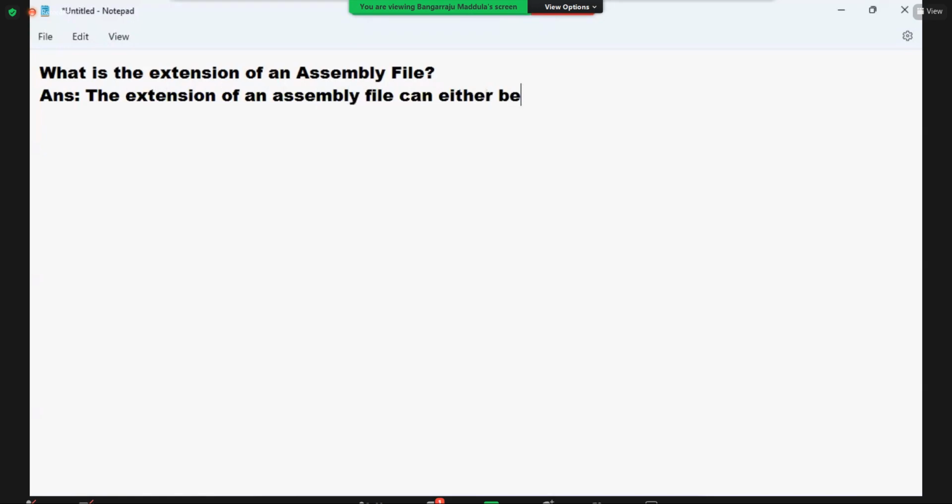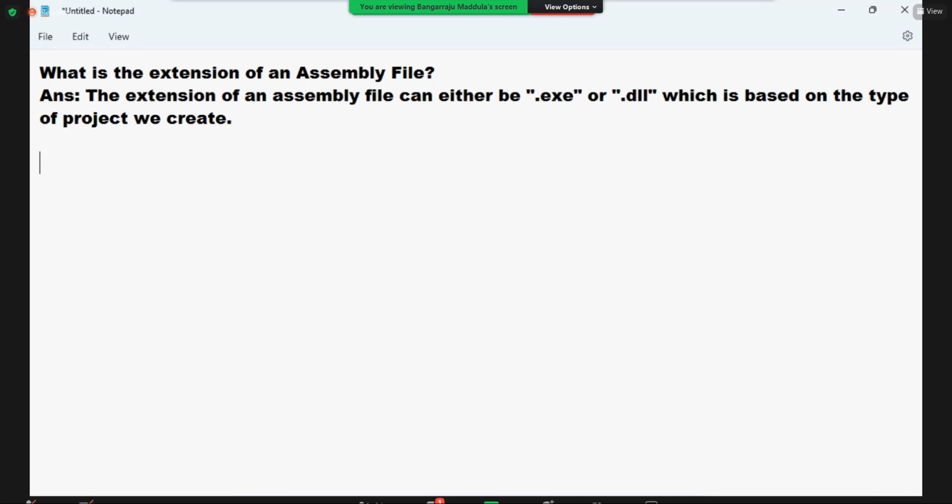can either be .exe or .dll, which is based on the type of project we create. For example, if we have created an application project